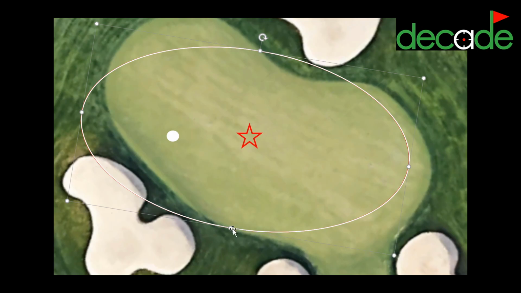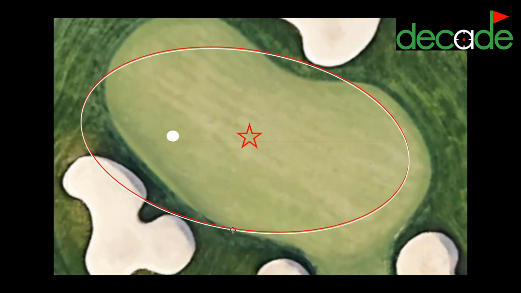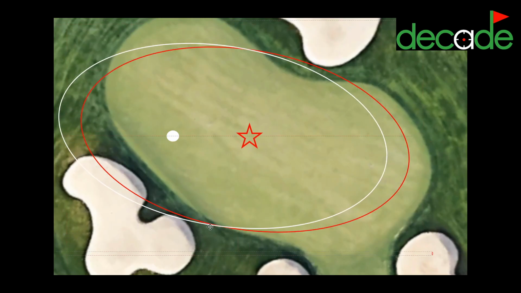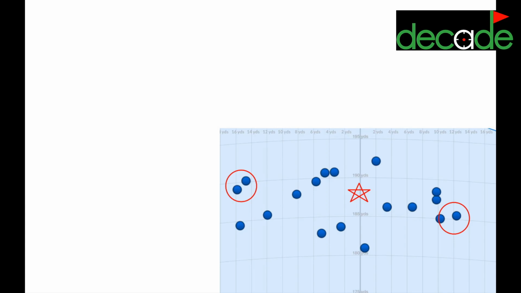So now all I've done is duplicate that ellipse that's centered over this target with the hole in the left side of the green. And now I'm going to say, let's get more aggressive. Obviously, I'm going to take the center of my shot pattern and move it closer to the hole, but it's pretty obvious how quickly you start to hit too many shots into short-sided and bad situations. Now trust me, I know I'm beating this point to death, but it's really one of the most important things I think you can take away from this Foundations content: the centering of your shot pattern.